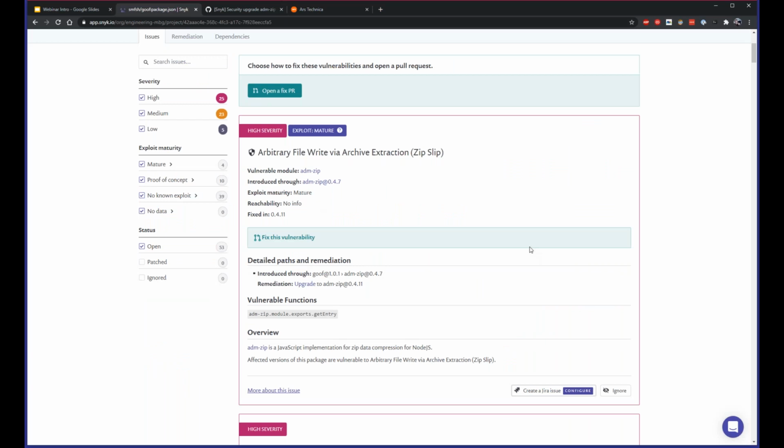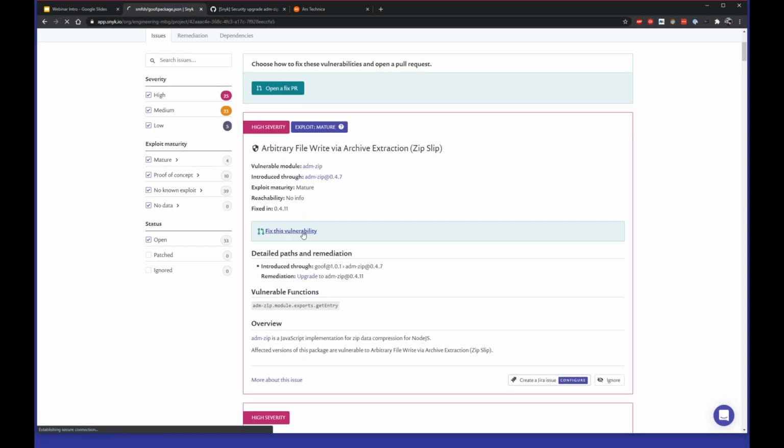And speaking of fixing things, if we're in an event where the developer is not able to fix something or you're a non-technically minded person who wants to fix something, we can also have Snyk manually create a fix for each one of these issues if it's supported. In this case, we see that this card, for example, has this fix this vulnerability button. I can click on this